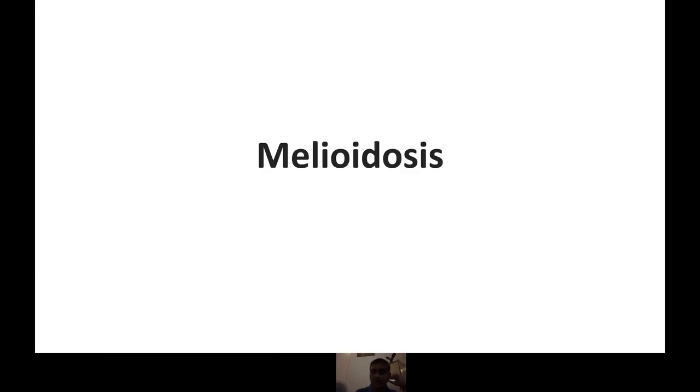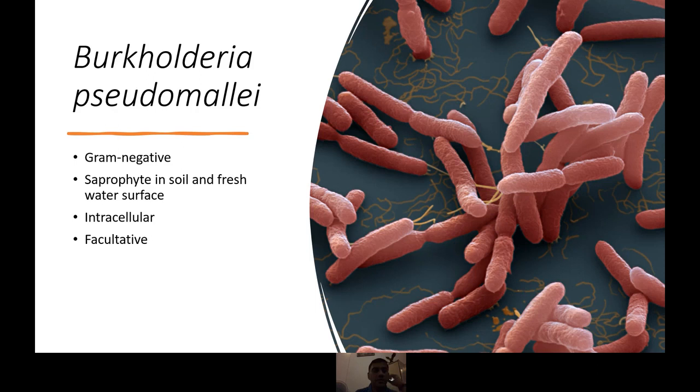So I think there was a lot of interest in melioidosis over the past 2-3 years, especially there were a few articles and a major publication by the Colombo medical faculty. The bacteria that causes melioidosis is Burkholderia pseudomallei. It's a gram-negative bacteria. It basically lives in the soil, feeding on dead and dying organic materials. It's an intracellular organism and it's generally a facultative organism. It doesn't usually cause disease, but if it enters the body of humans, it can cause disease depending on the person's immunity.